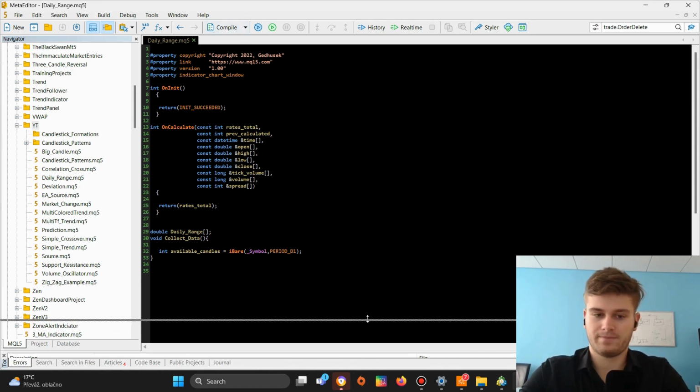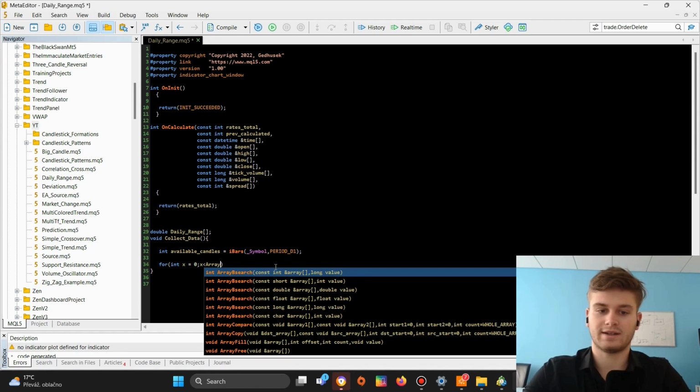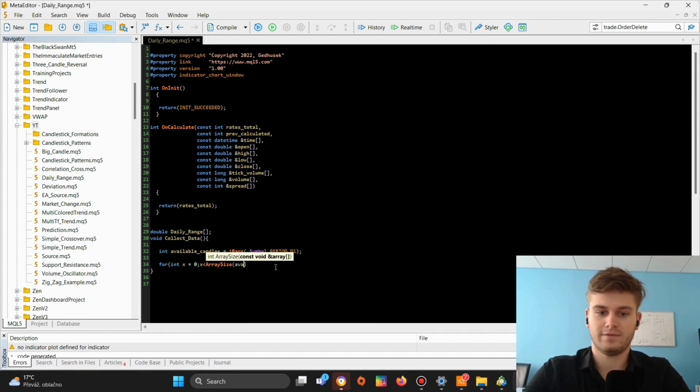And yeah, so that's the first thing. And the second thing I will do is create a for loop in which I will loop through all of these available daily candlesticks. So for integer x equal to 0, x lower than the array size of available candles, and I will increase the x variable by 1 on each iteration, and then I will need the high and low of